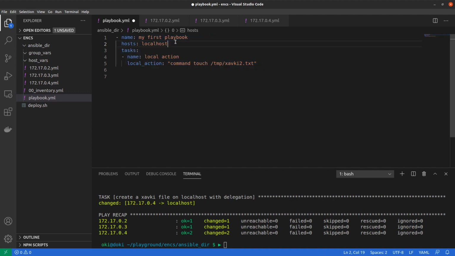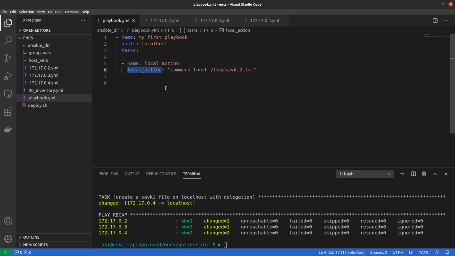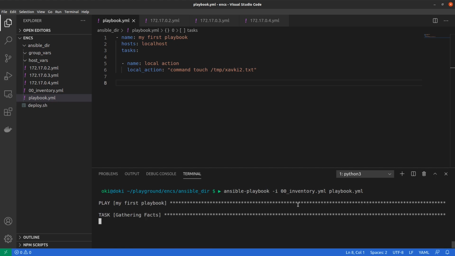So what we do, we run a playbook on our localhost, and I set only one task, and in this task I use a specific module named local_action to run a command. This command is a simple touch to create a file named xavkey2.txt on our localhost. If I save it, I run it again.